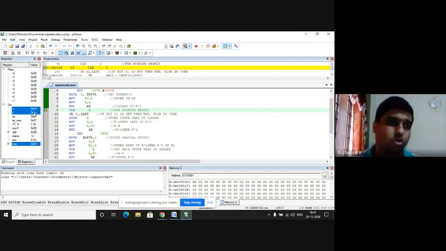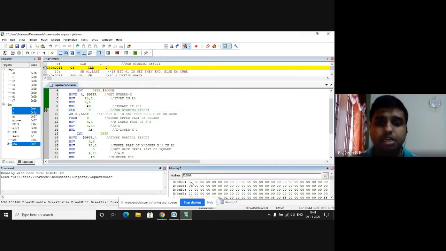Now, how do I know whether this is the square of the number, and how do I know that I have done the square only? This can be determined by checking the bit. How do we do this? We check whether one of the bits in the memory location 20H, what is the number? If I give the number as 02, it indicates that it is the number given here in 20H memory location.